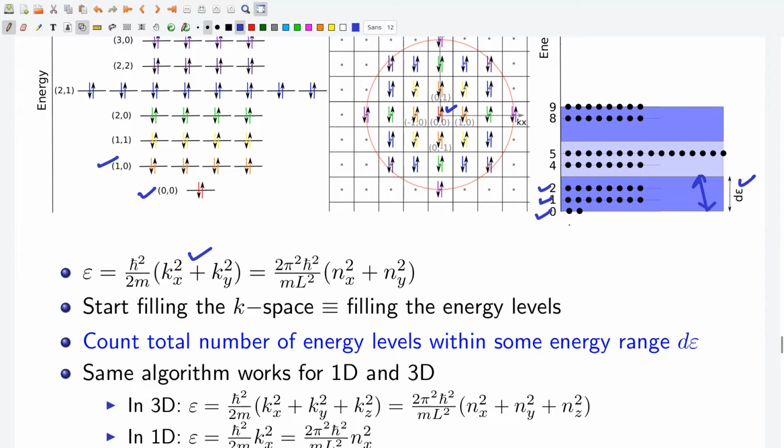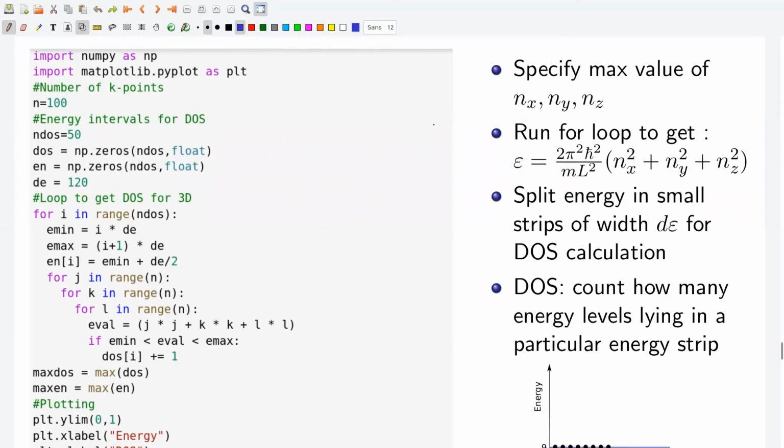This is the algorithm to numerically calculate DOS. The same algorithm will work for 1D and 3D. Let us write a code to calculate density of states for a free electron gas in 3D. We need to specify the range of Nx, Ny, and Nz, and we take all of them to be equal to